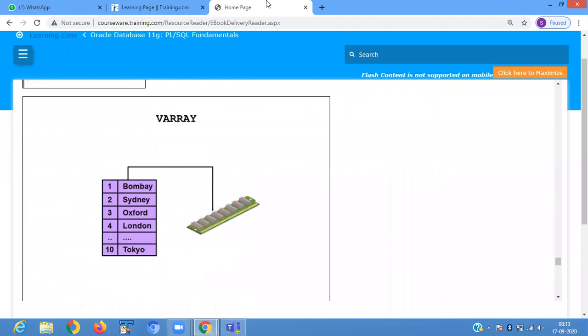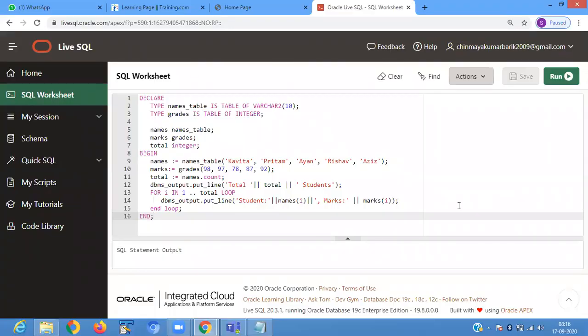So for the example, here we are defining a nested table. Declare type name table is table of. We are defining a nested table here.